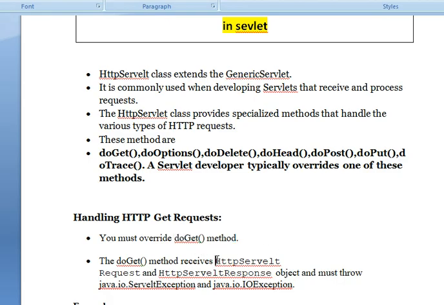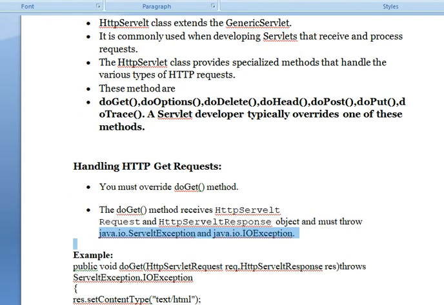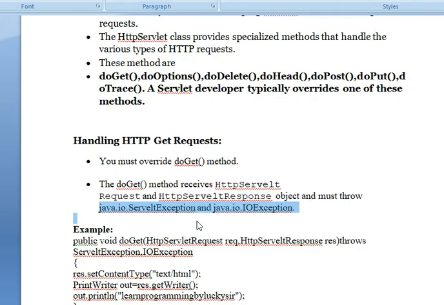The doGet method receives HttpServletRequest and HttpServletResponse objects and must throw ServletException and IOException. Okay. So you can see here an example of how you are going to override the doGet method.